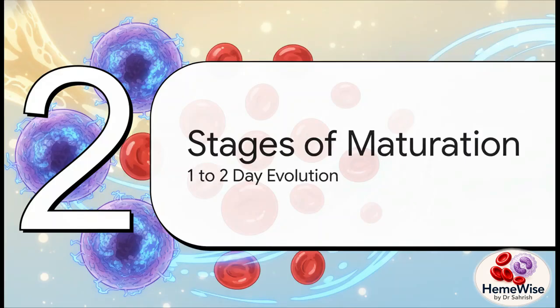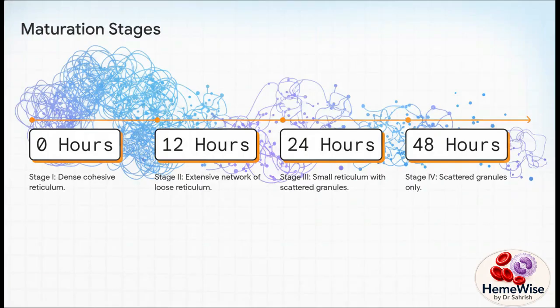Moving on to Section 2, the stages of maturation, looking at that critical 1 to 2 day evolution. Let's look at this progression. Over the course of just a 1 to 2 day incubation period in the blood, this cell undergoes some really profound physical changes. At stage 1, right out of the gate, you see a really dense, cohesive reticulum, just a heavy bundle of RNA. Give it about 12 hours to reach stage 2, and it starts unraveling into a loose,